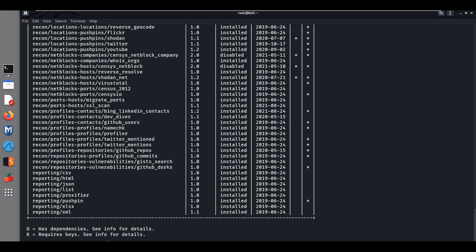If you want to search, it depends on the purpose: for reporting we use one thing, for finding contacts another, for finding profiles like Instagram another, and for finding websites we use different modules. So we can search like that.